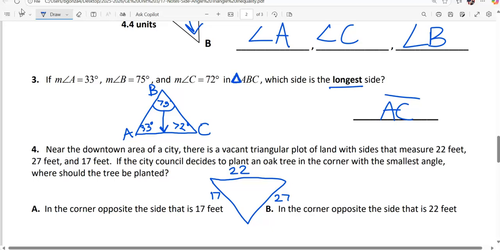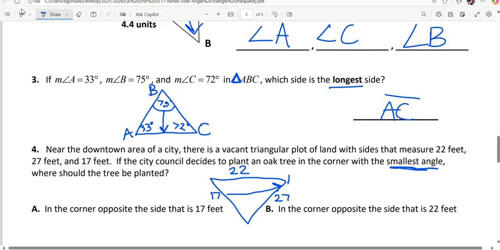Now, it asks us, if the city plans to plant an oak tree in the corner with the smallest angle, underline smallest. Okay. So I want the smallest angle. That's across from the smallest side. Which side is the smallest? 17. So if I draw an arrow straight across,